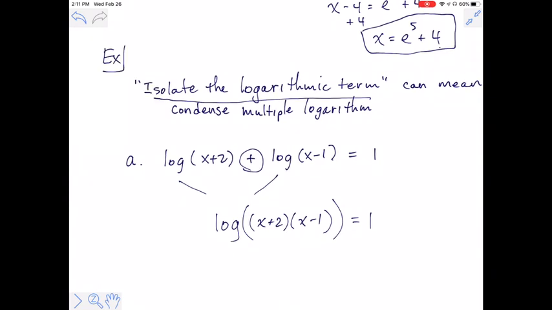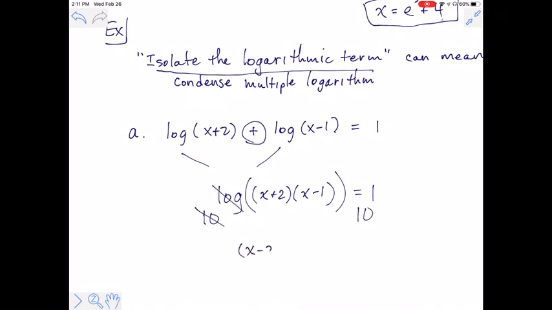So we've isolated now the logarithm. We've taken two separate logarithms and condensed them down into a single logarithm. Now we can do step 2, which is to exponentiate on both sides. So this is a common log. Since you don't see a base here, we know it's base 10. So if I use a base of 10 on both sides,